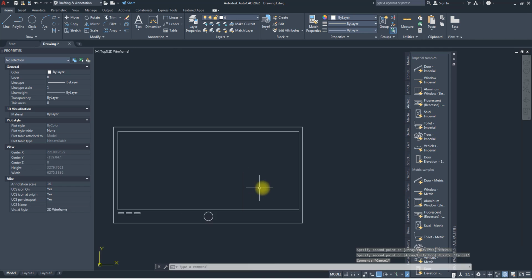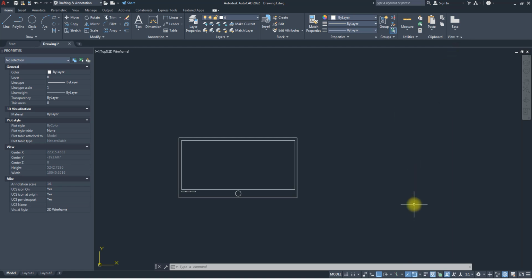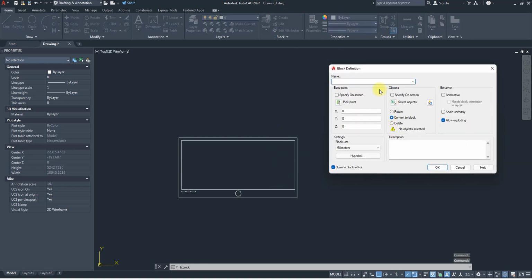So let's assume this is our TV. This is the front view. All done. Perfectly well. So the next thing is you need to also do for the top and side. So let's quickly create, so that we can create different visibility states. We'll come here just the same way we create a block out of it. We call this TV